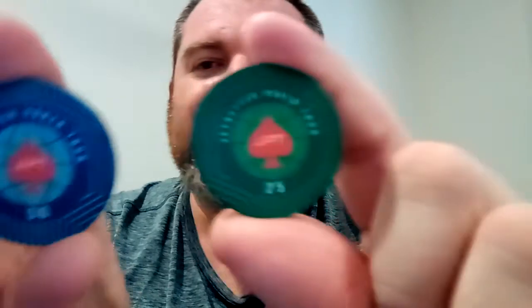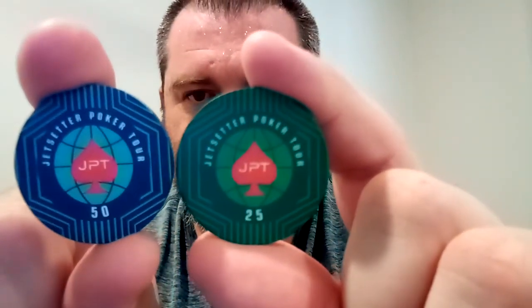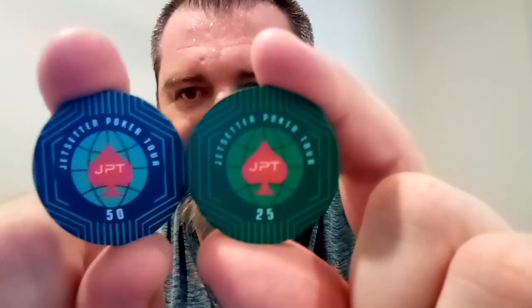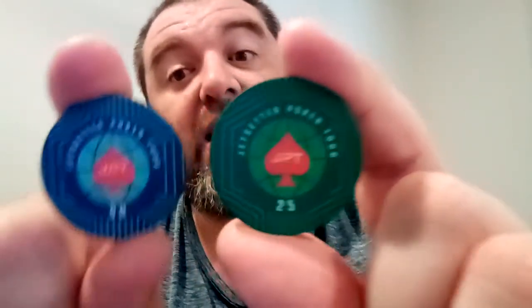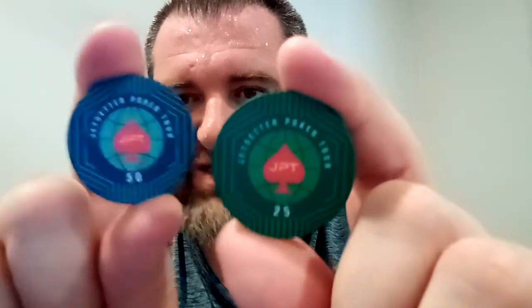The 50, I mean, not that you'd really use a 50 chip, but the 50 and the 25, if you put them next to each other, they're not too different in terms of the color, which is one thing that you want to avoid, especially when you've got chips that are going to be in play. You'd imagine if you're going to have the 25 and 50 both in play at the same time, you don't want colors to be very similar. That could be a bit of an issue, but apart from that,